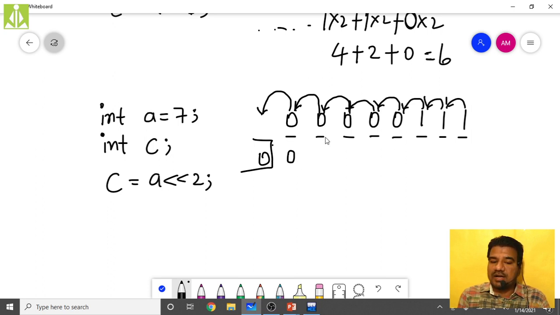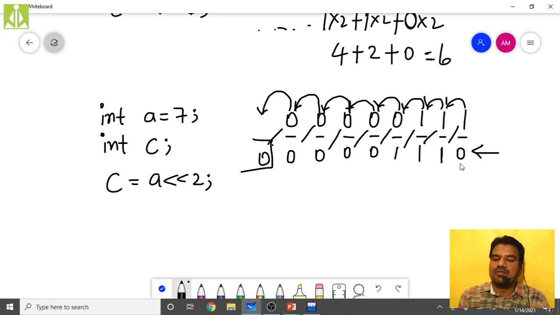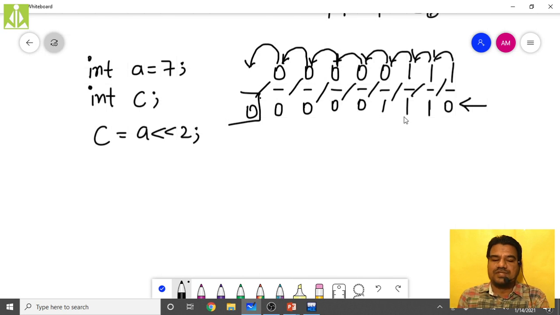See the places I have underlined, that is very important. This 0 we are placing here. This 0 got discarded. This 0 is coming over here. Now this 0 will come over here. Then this 0 will come over here. And this 1 will come over here. This 1 will come over here. And this 1 will come over here. And this place is left out, isn't it? This is a leftover place. So simply add a 0 from nowhere. So now this entire thing is one time bitwise left shift. Only one time we performed.